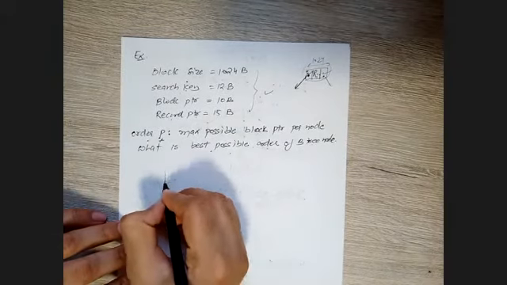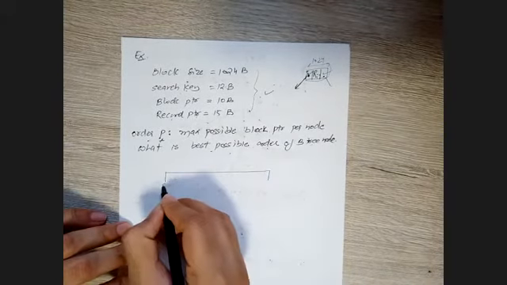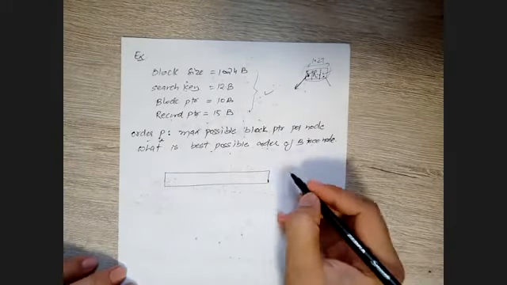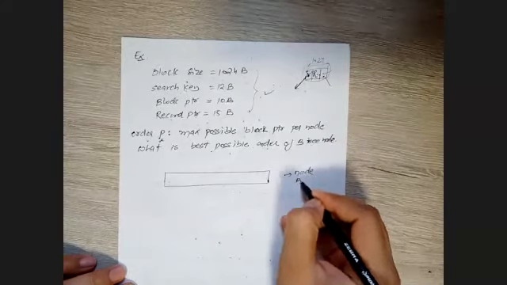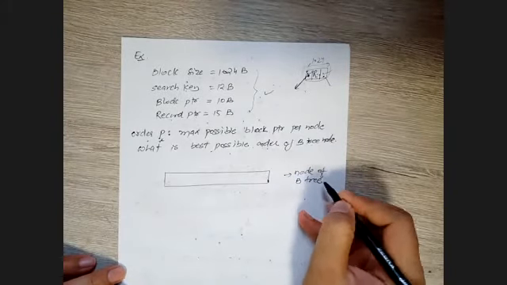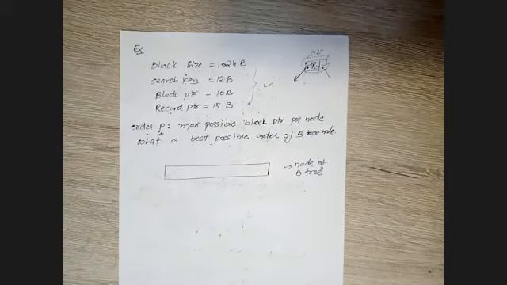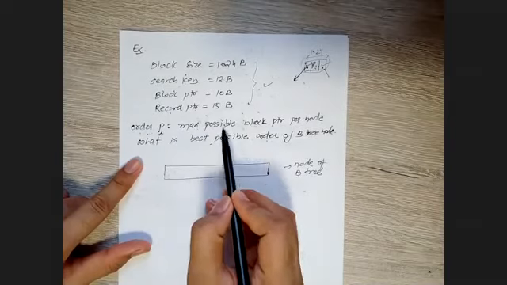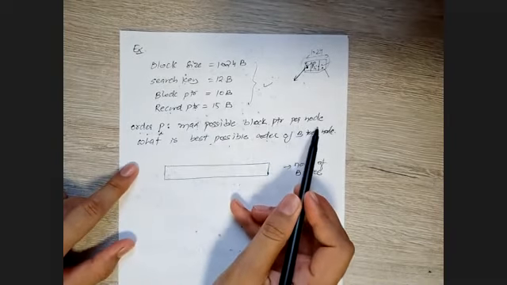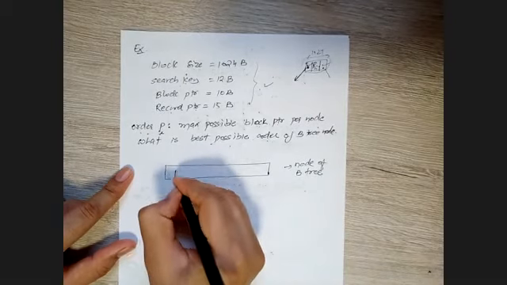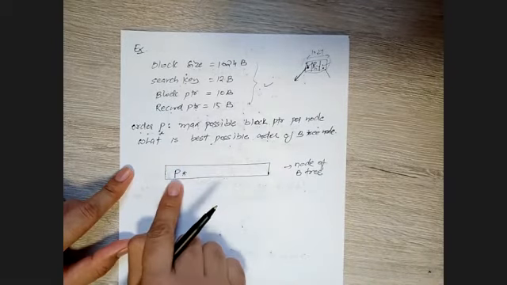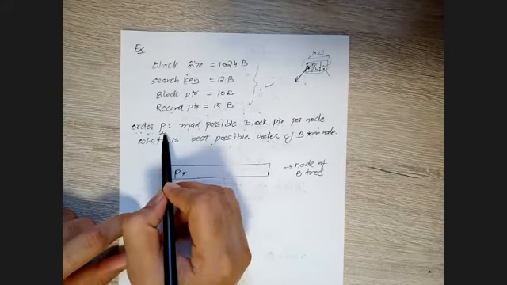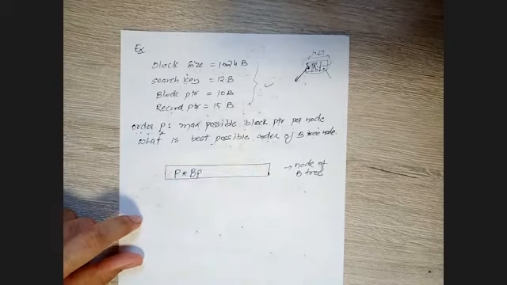Okay, understand. We need to visualize what information we get from a node. Let's say this is the node of your B tree. Understand properly, this is very important and you get a lot of questions on it. The question says that order P is the maximum possible block pointers per node. So now let's say P is the number of block pointers, the order of my block pointer. So P times the block pointer size.